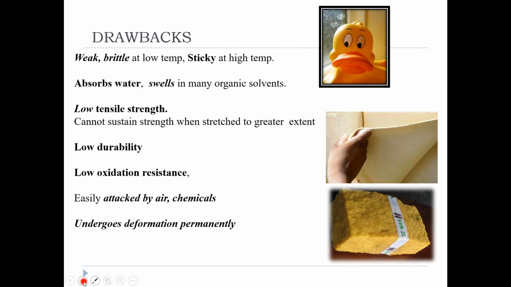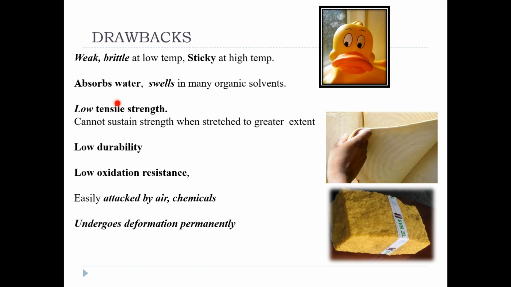What happens if that double bond is present? If you could recall, alkenes are more reactive than alkanes because of the weak pi bond. It can break easily, it can react easily. And this is the reason why this natural rubber has a lot of disadvantages, because it can react very easily because of its structural makeup. So it's weak, it's brittle, it becomes sticky at high temperature. We cannot use natural rubber every day. Okay, you cannot just take the natural rubber, make something and just use it. It becomes sticky. It swells in water and organic solvents.